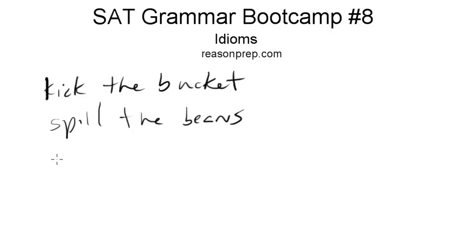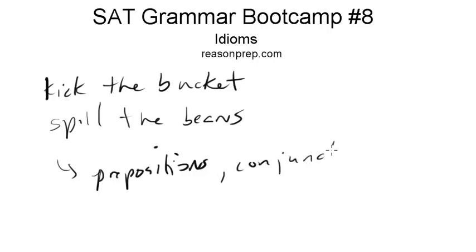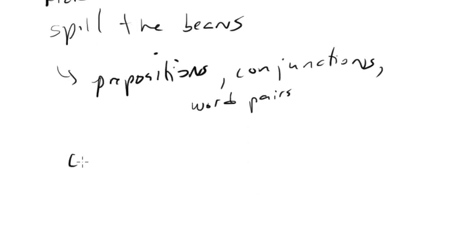For the SAT, most of the time, it's going to be the use of prepositions with other words such as verbs, adjectives, nouns, anything like that. Sometimes it'll be conjunctions, so particular ways of connecting phrases and connecting clauses. And other kinds of idioms you might see are word pairs, and I'll actually have a video later on word pairs. Things like not only, but also. So basically, idioms are just words that go together for no real reason. That is to say, they have some kind of figurative meaning, or at least they have some kind of meaning that just happens, right? There's no rule that tells us, for instance, that capable of goes together rather than capable